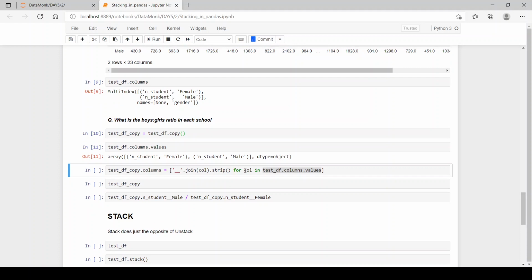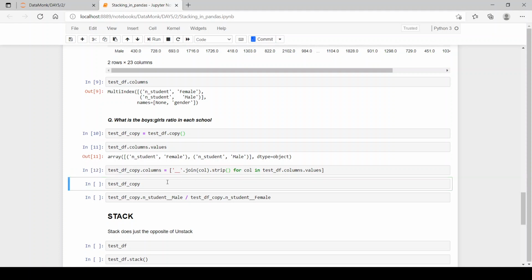Now for each column, for n student female and n student male, we can join them using the dot join and strip across, and this strip is just used to remove the blank spaces.